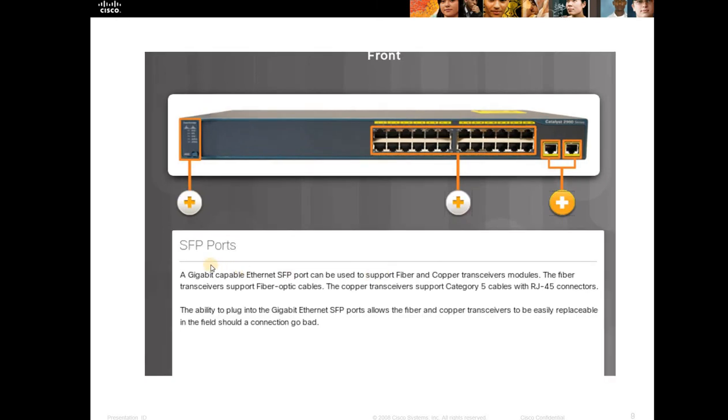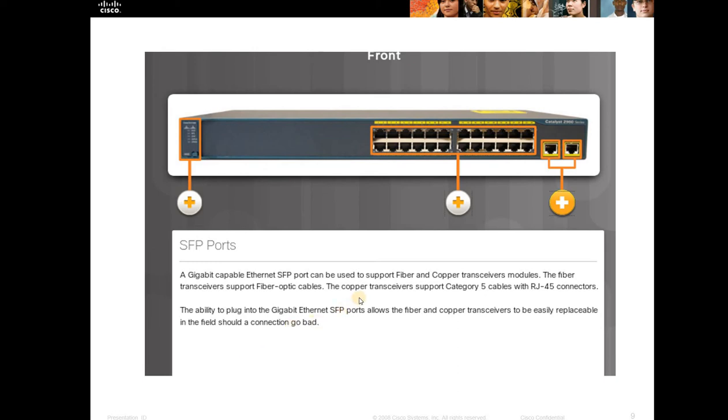Coming to the SFP ports, SFP stands for small form-factor pluggable, which allows for transmission of data. A gigabit capable Ethernet SFP port can be used to support fiber and copper transceiver models. The fiber transceivers support fiber optical cables.